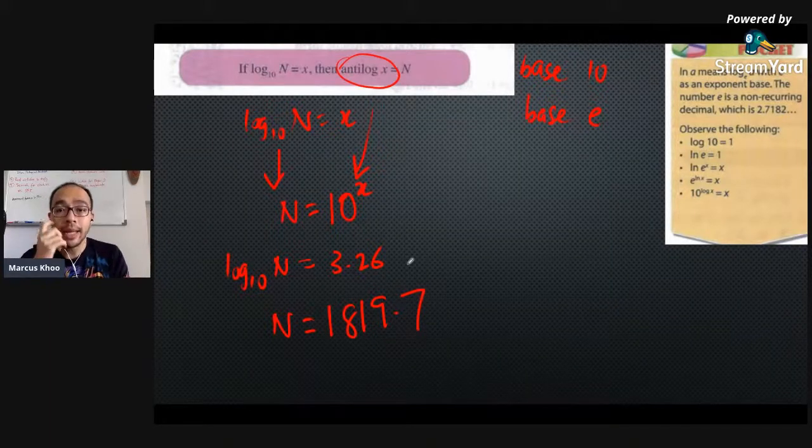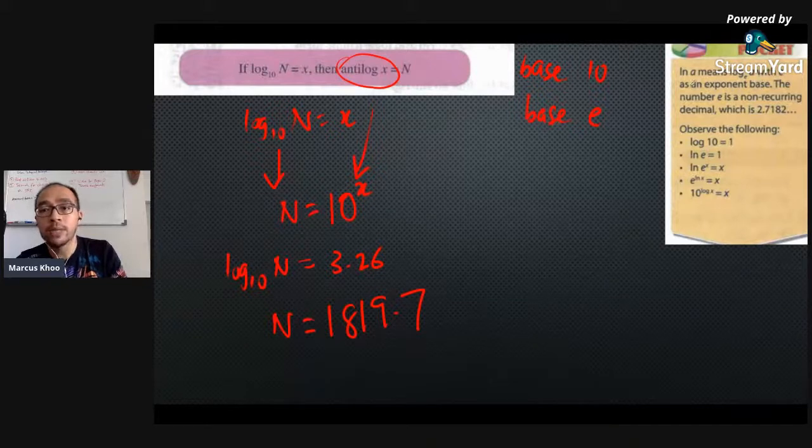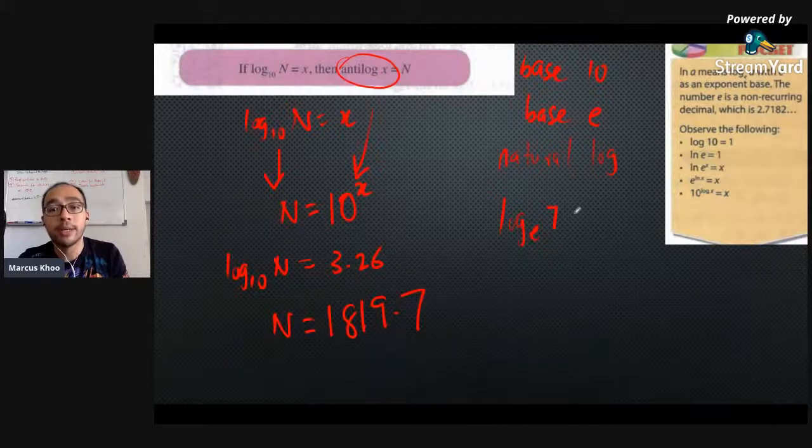Okay, and likewise, we can do this with base e. It's the same concept. But I want to just talk about this. So base e is what we call a natural log. So anything with base e, for example, log e 7 equals x. Because we're using the base e, we call this a natural log. Or in short form, we can also call this